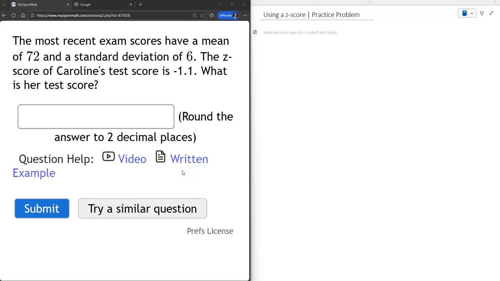In this tutorial, I'm going to show you how to use a z-score to restore the original data point, assuming that we also know the mean and the standard deviation. And the formula for doing so is pretty straightforward. If we first recall the formula for computing the z-score,